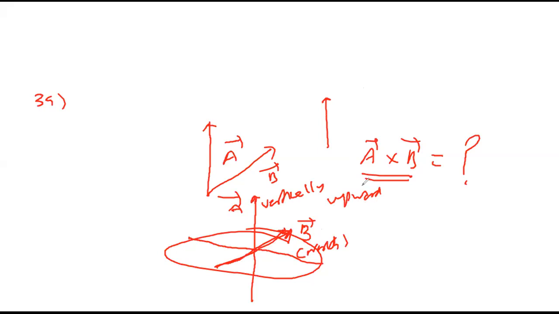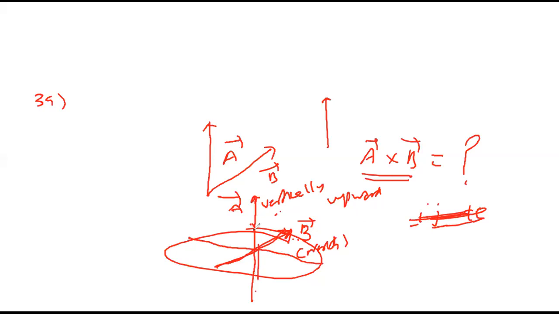Anybody else tried? Vertically downward you are getting. Let me give you a little logic. Why is it not vertically downward? The result of A and B will be perpendicular to A also, perpendicular to B also. So vertically downward would be anti-parallel to A, so that is not the answer. When you say I cross J is K, it is perpendicular to both X and Y, the vector product. So that's why it is not true.